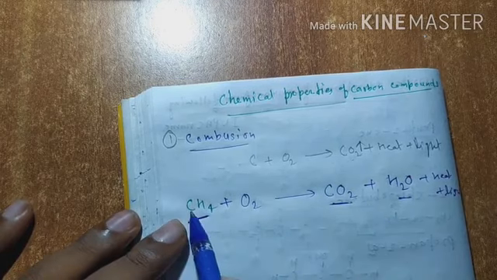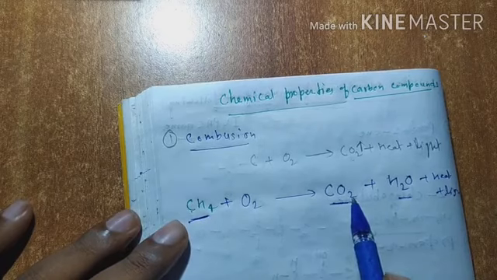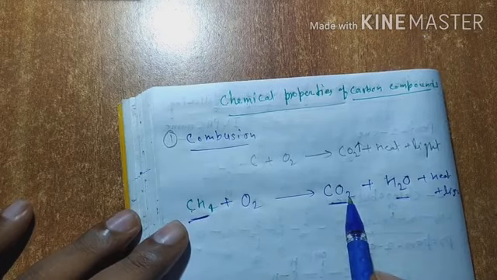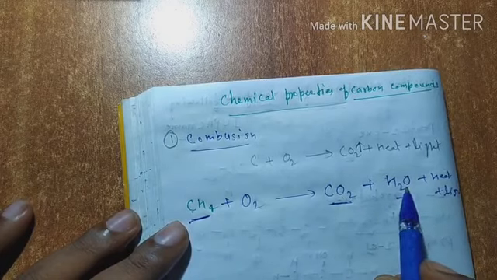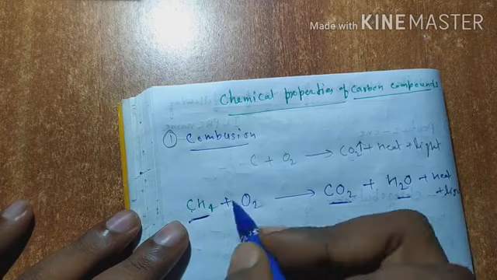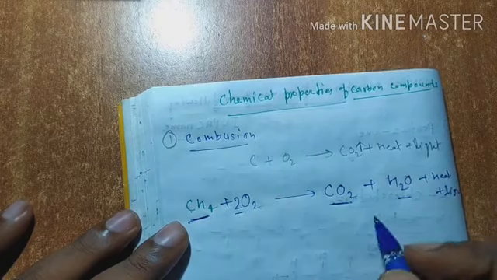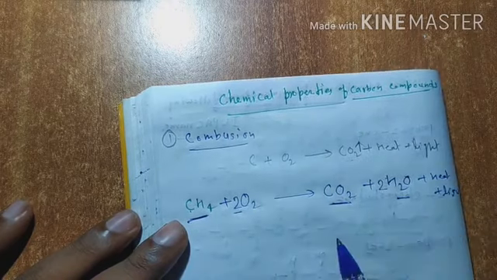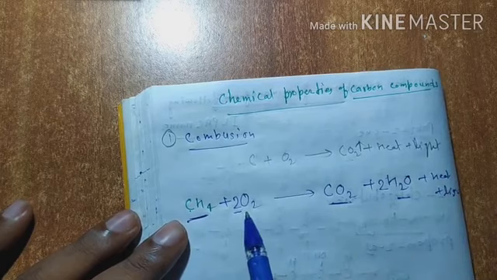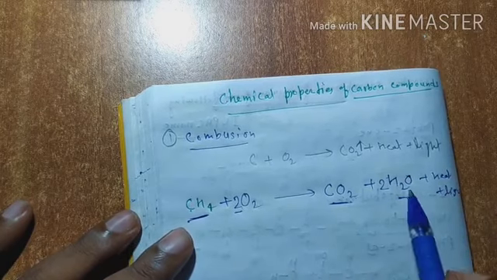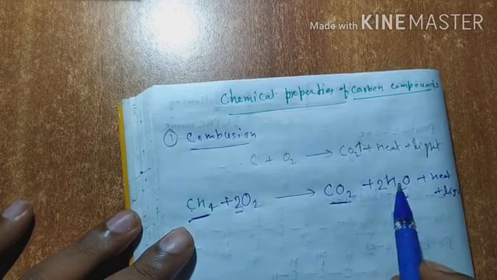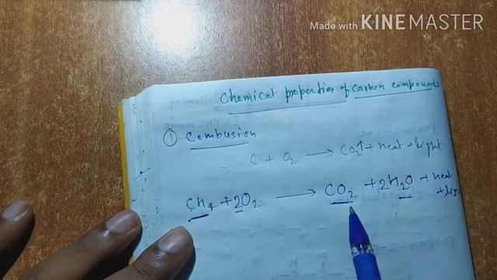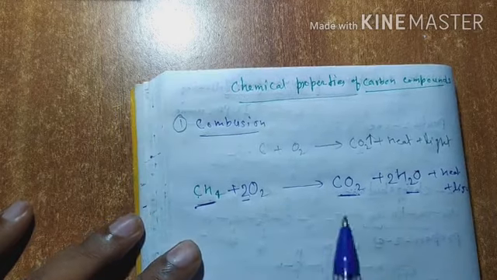You can see one carbon here, one carbon here, and two oxygen here. On the other side there is 2 plus 1, which is 3 oxygen. So write here 2, and write here 2 also. Now there are 4 oxygen on this side. In the water molecule there is 2 oxygen, and here is 2 oxygen, 2 plus 2 is 4. Hydrogen is 4, so 4 on both sides.